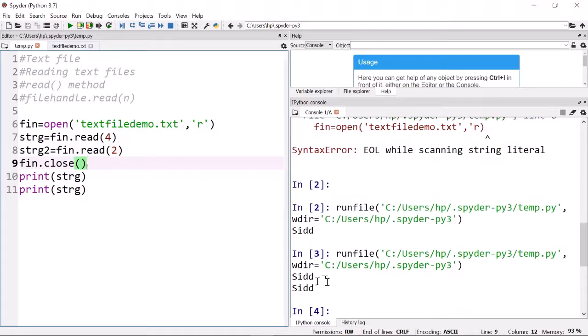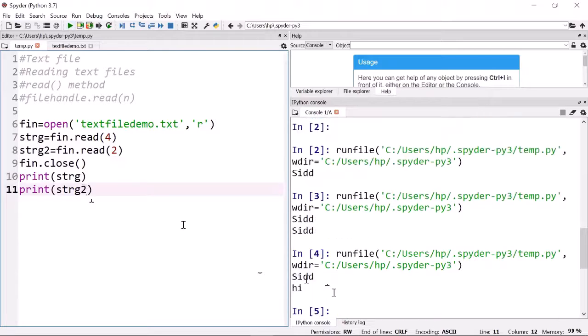Why are these outputs the same? Because we have printed the same variable twice. The variable is strg2 for the second. Let us run this. The first 4 and the next 2. So the read function takes an integer, and it will read that many characters. The next read statement will read that many next characters.